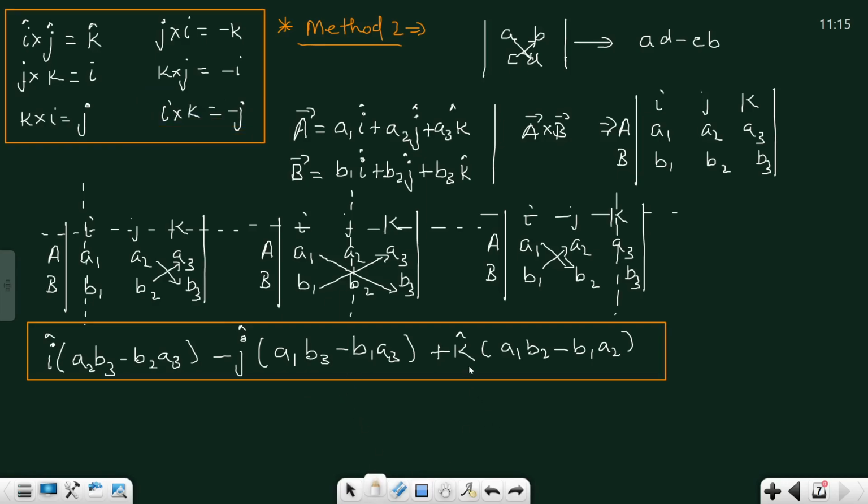At the start it will seem like a difficult procedure compared to the first one, but after doing 2-3 questions, you will see that this is a very easy method, and you just need to remember the procedure. Once you get the procedure to go for the cross product, you will only apply this method because this is a very short method with a very high accuracy rate. Just note it down.